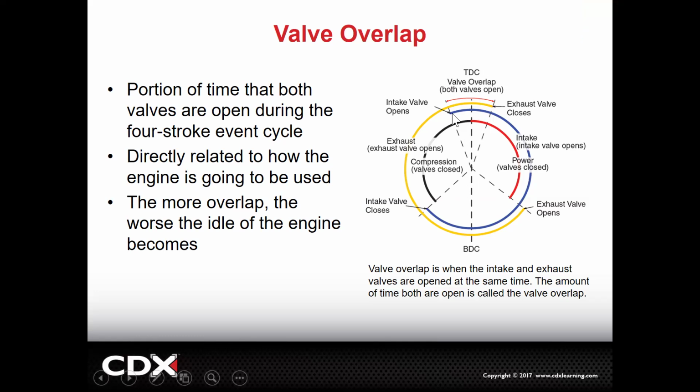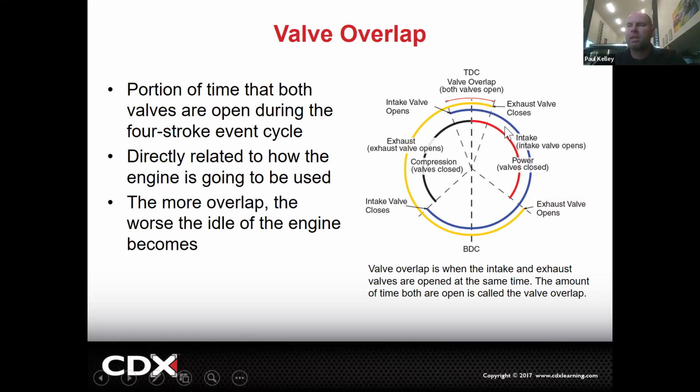You may actually find the intake valves overlapping the exhaust valves, meaning if we start with this intake valve right here, the intake valve opens a little before TDC. It opens, it stays open, it's past BDC and it's still open. And then it closes. Before BDC, the exhaust valve has already opened right here. So the exhaust valve opened before BDC, which means the exhaust valve and the intake valve are open right there. If we were to measure right from when they both begin, when there's two of them open, we measure that